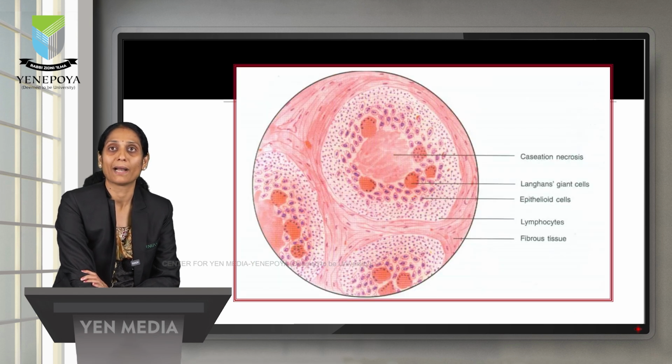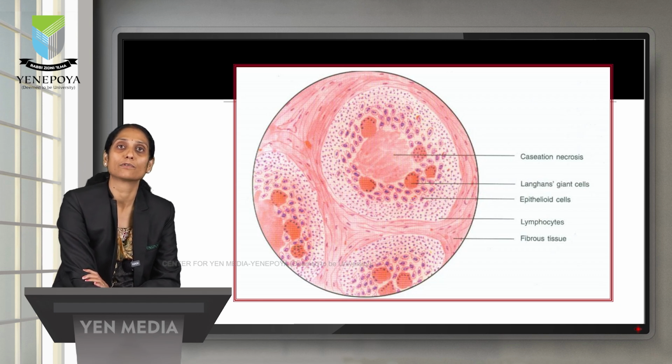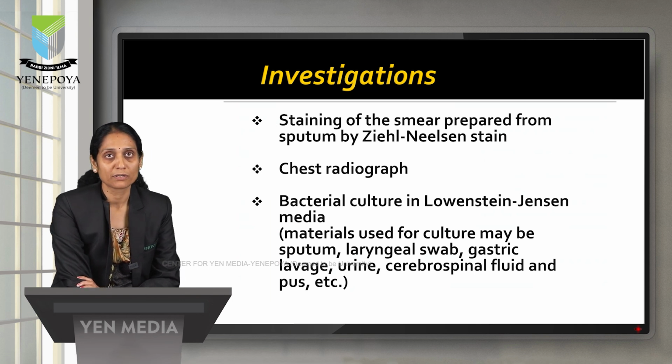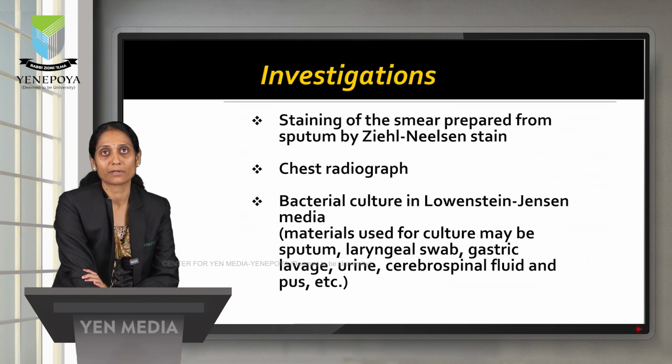This is the histopath picture where we can see beautifully necrosis followed by the other cells, and here we can see the different tuberculomas, that is 1, 2, 3, which are forming in a cluster surrounded by areas of fibrosis. So coming to the investigation, because this is an infection, especially involving the oral cavity,